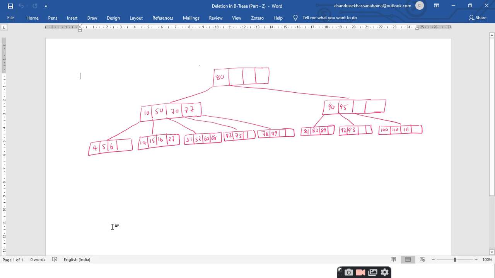So in today's session we are going to discuss how to delete a key from the internal node, right? So let us take the keys as 70. First we will delete 70, and then we will take 95, and then 77, and then 80, and then 100. So in this order we try to delete the keys.